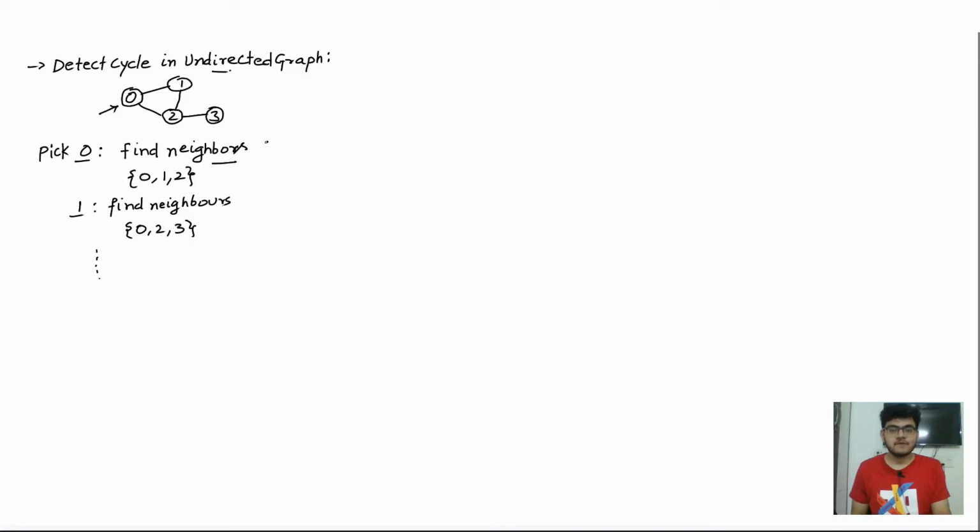That is step 1. Step 2 is that I will do a union of the neighbors and the node itself, right? So I'm going to do the union of the node and the given neighbor. If we have n number of neighbors, we are going to call this union function n number of times. And in order to perform a union, we will also have to write a check statement.